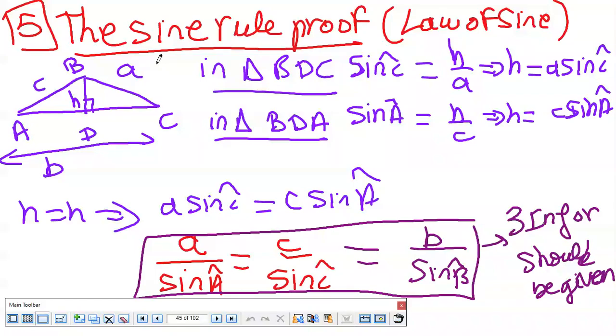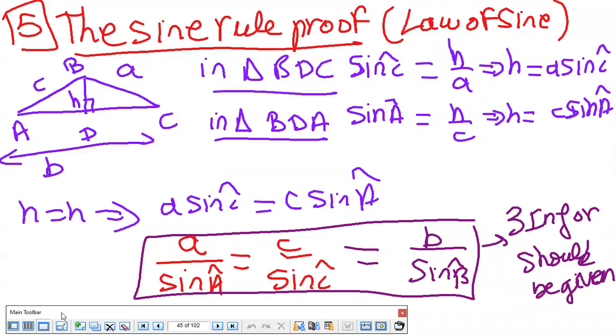Now we are in part 5, the sine rule, the proof of the law of sine. We did the law of cosine, now it's the law of sine. Also, I'll explain how we got it before we have the formula. If I have any triangle, any scalene triangle, we know that if you have the height, if I take the